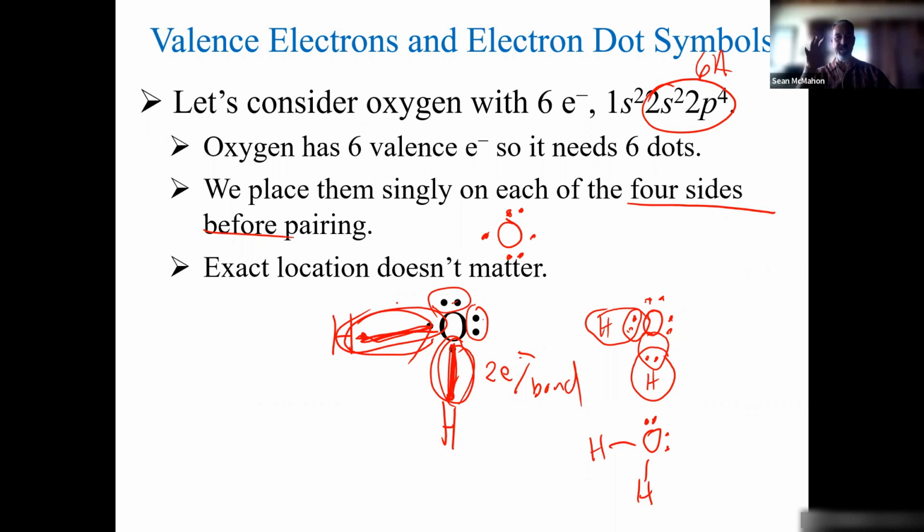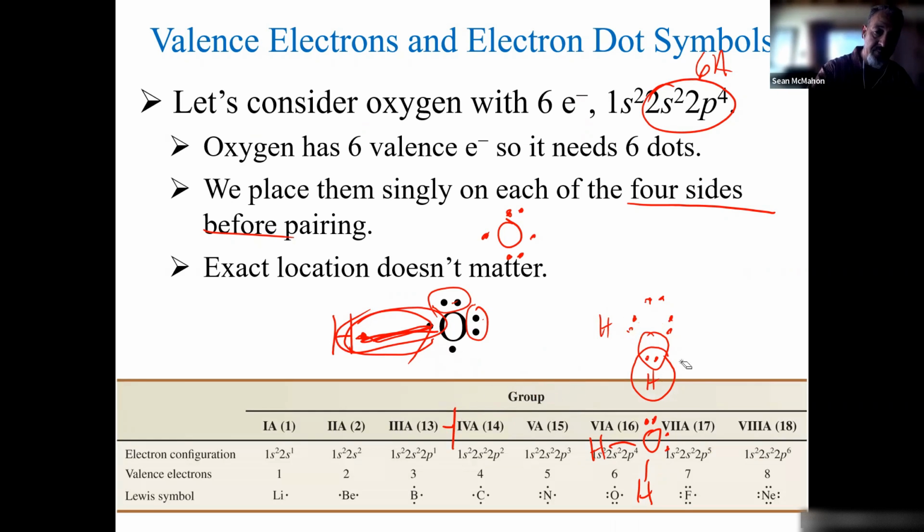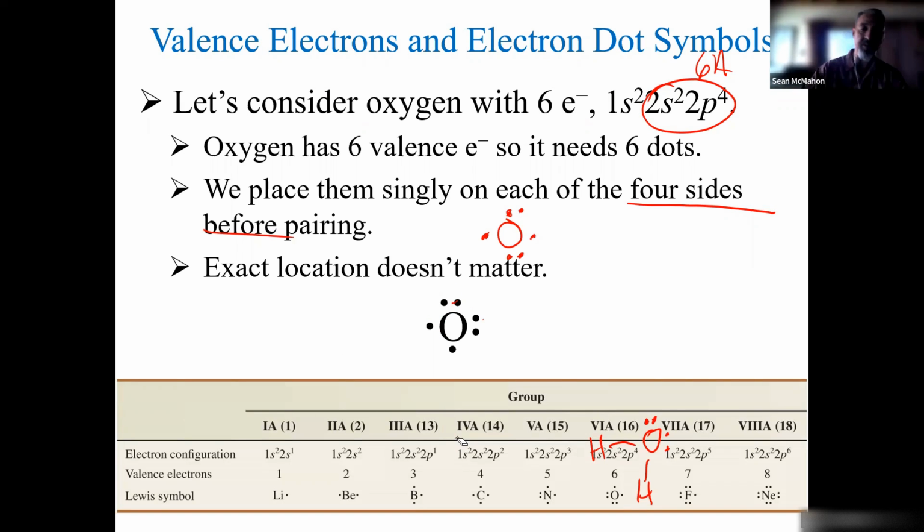So we're not going to worry too much exactly how we place the dots. Just start with single on 4 sides and then pair them up. And if you look across the periodic table, we can use the group number to help us figure out the number of valence electrons around each atom. So again, group 1A, let's look at lithium. It's group 1, it's a